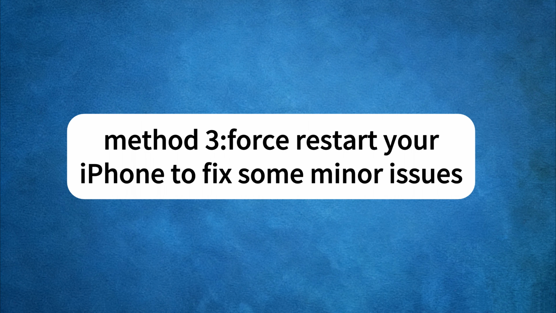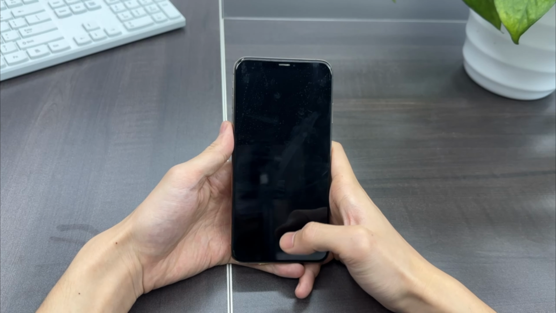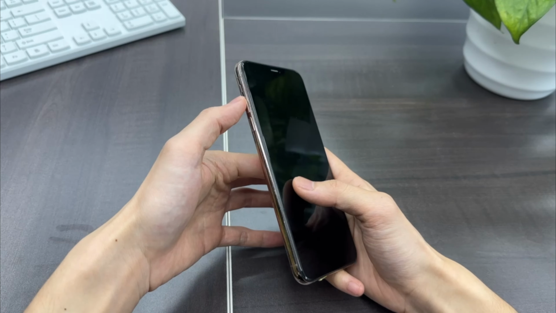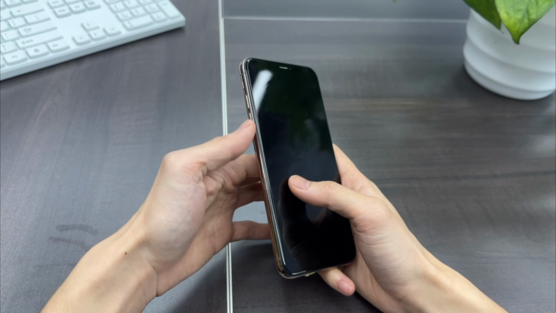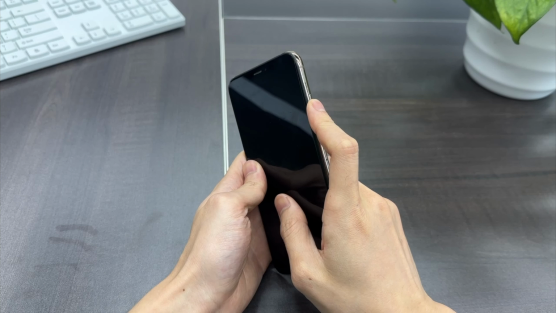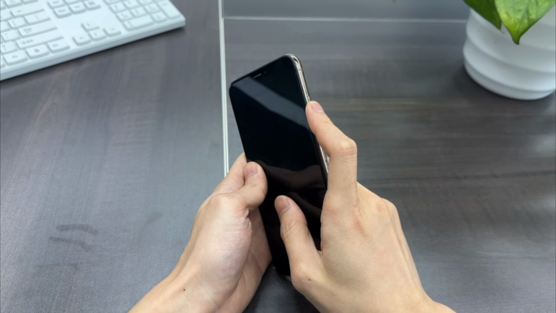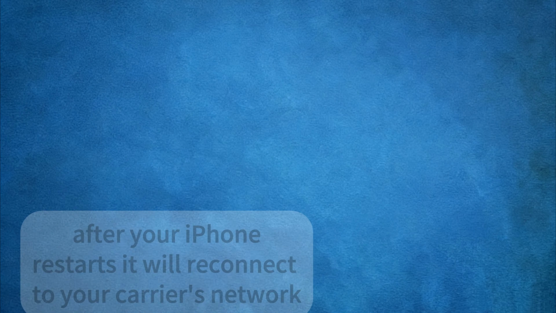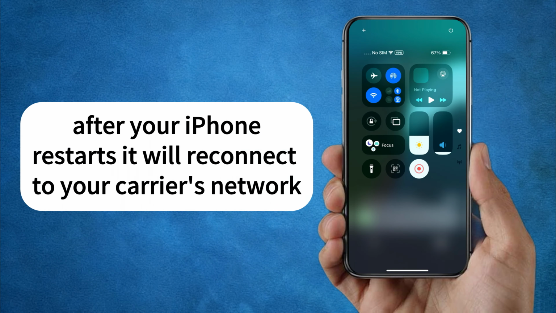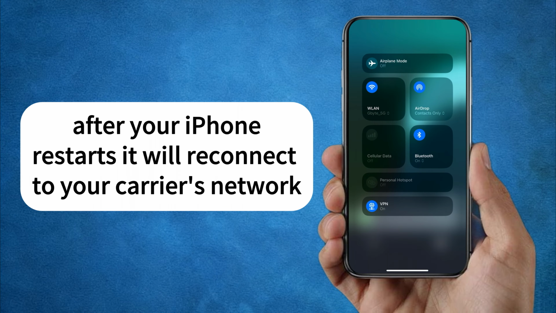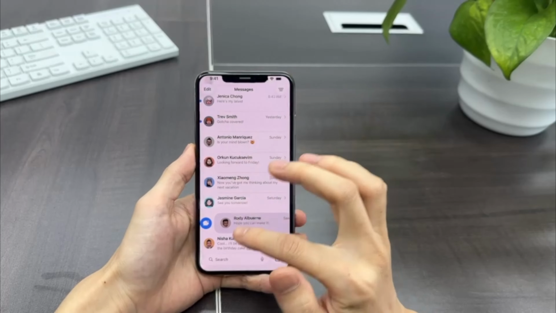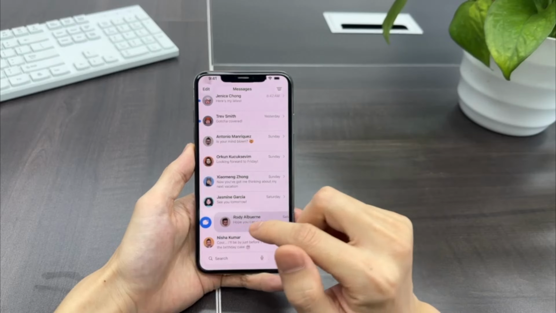Method 3. Force restart your iPhone to fix some minor issues. For newer iPhones, quickly press and release the volume up button, then quickly press and release the volume down button. Next, press and hold the side button until you see the Apple logo appear. After your iPhone restarts, it will reconnect to your carrier's network. Go to the Messages app and see if you can recover lost text messages